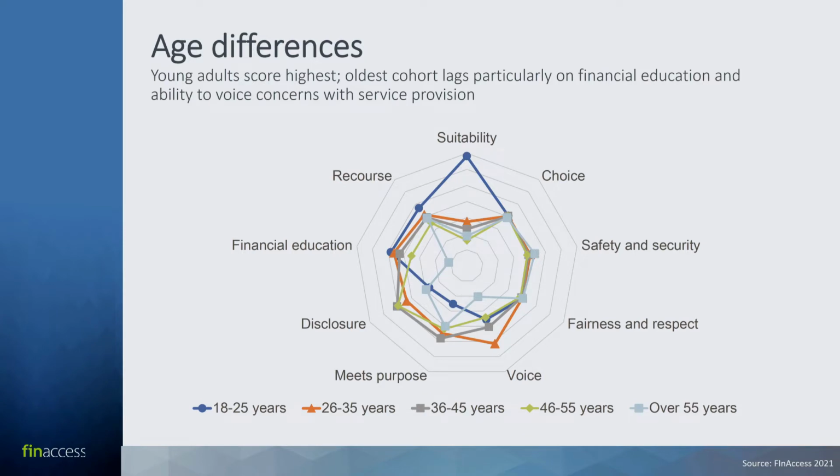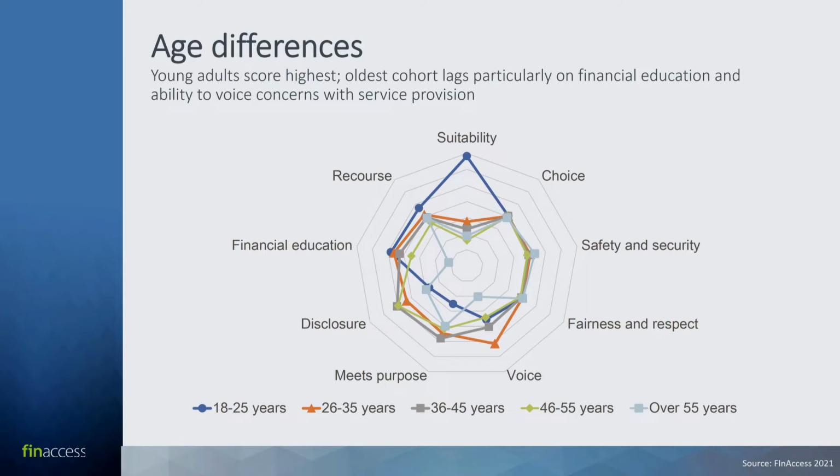They are much less likely to feel that they can communicate and have a voice and have their queries resolved. And also in terms of disclosure and access to information, they lag behind. What is interesting for the youth, the dark blue, is that they score very highly on suitability. That was basically when they were asked, do you not have something because it's not the right features for you? They just didn't say that that was an issue, so it didn't come up as an issue.